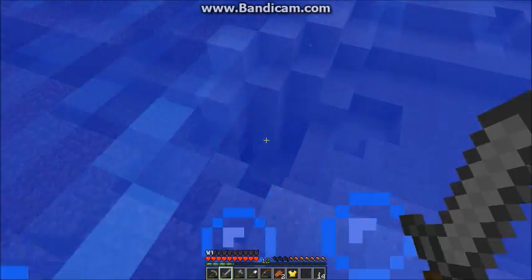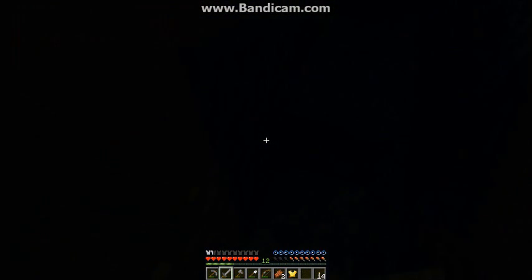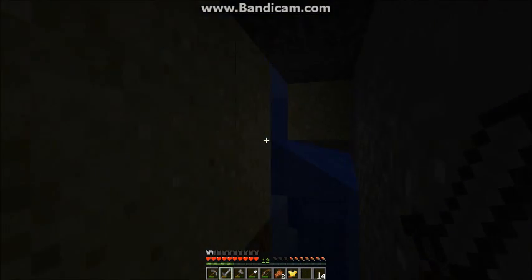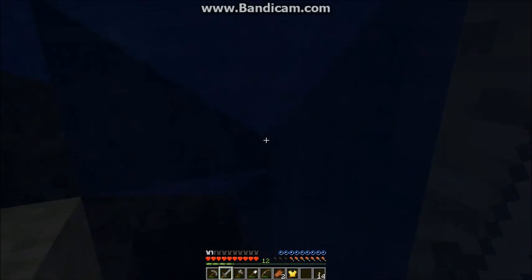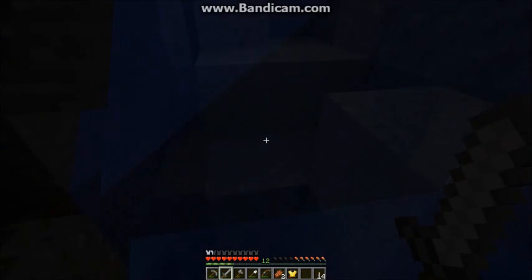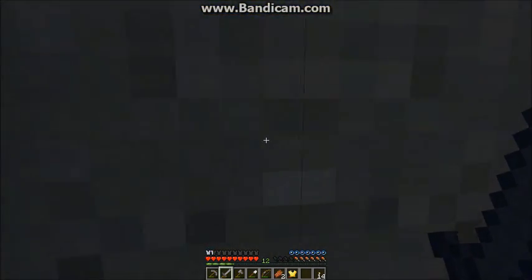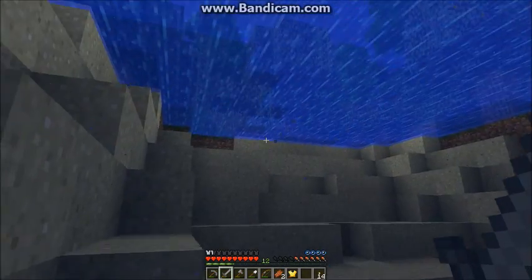Oh, we have a hole here. It's always fun to find things like this. Little holes in the terrain. You can always kind of find cool things. Oh, hi there. Okay, I'm gonna get out of here before he starts killing me. I can't remember what I was saying. Anyway,